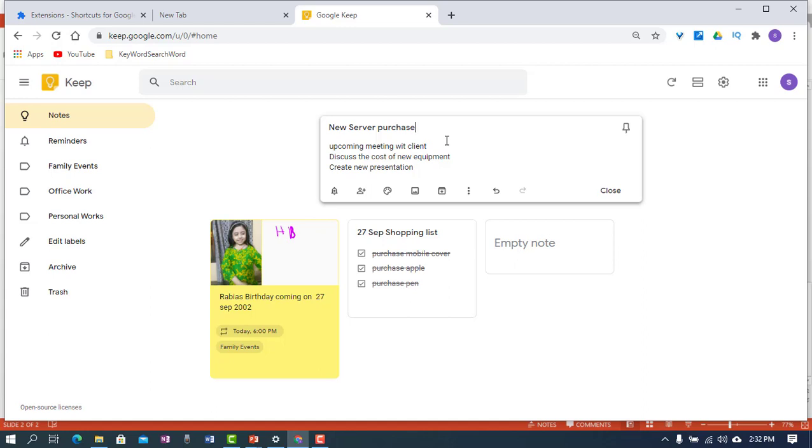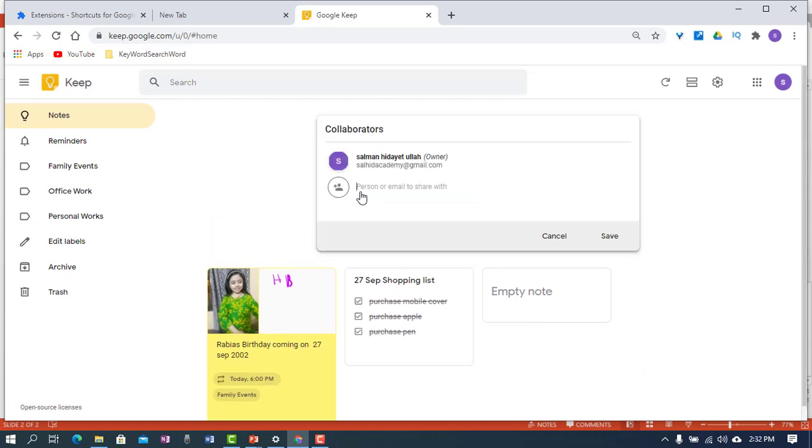For this we need to share or collaborate it by using this icon, which is called collaborator. In the same way, I can easily add as many person as I want. For example, here I want to add my office colleague Imran.